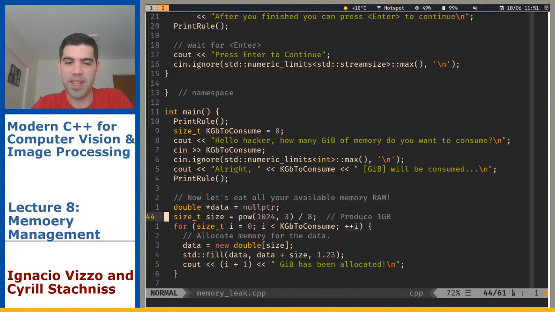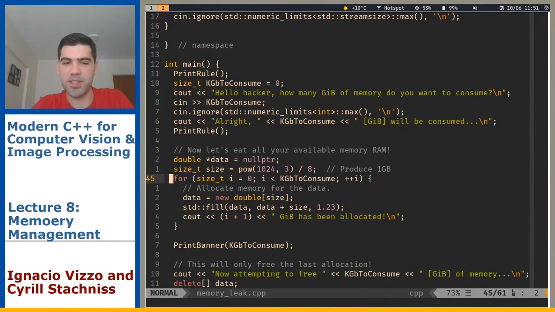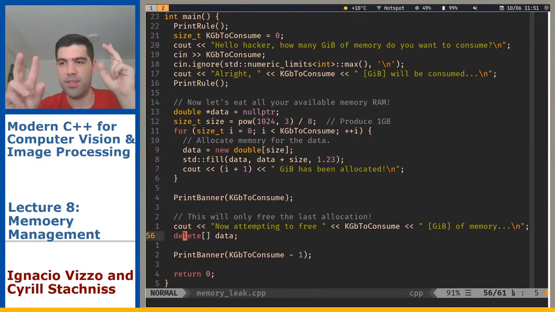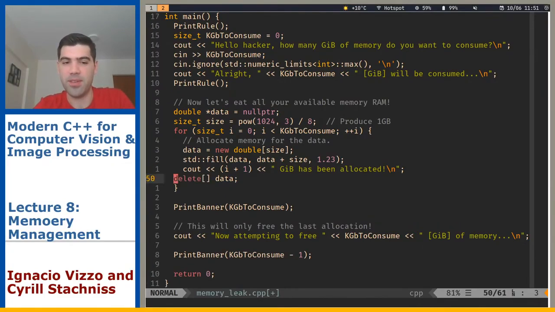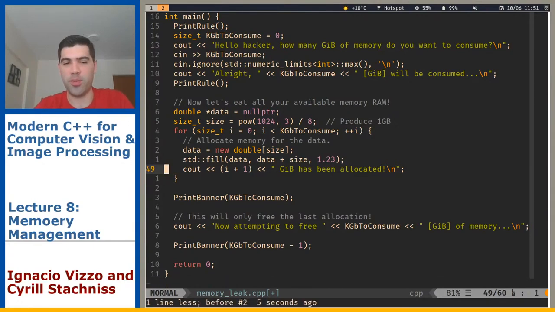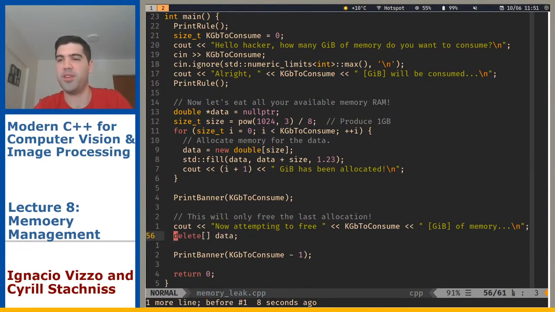So what is the problem here is that every time you enter this loop, you're allocating 1 gigabyte, and here you're only deleting, also known as freeing, 1 gigabyte. So the problem is that this delete should be here and not there. And why is this? Because, or you put here a for loop and then just call delete 5 times, but this is stupid. You will never do a program like this, but my recommendation is try to play with this program at your place